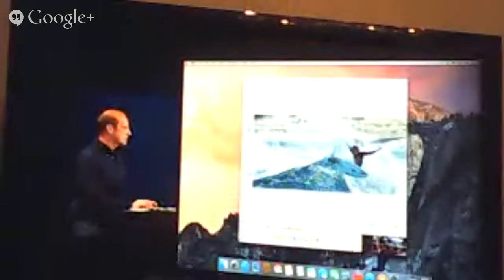I can open up the sidebar really easily to get at my bookmarks, my reading list, as well as my shared links. And when I click into the search field, I get instant access to all my favorite sites. It's really nice. So I'm going to go ahead and type in a search for Ansel Adams. There we go. And if I hit return,